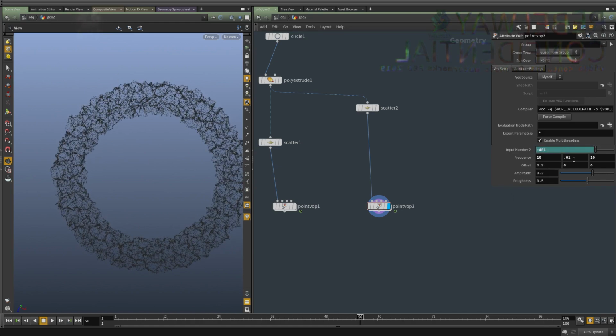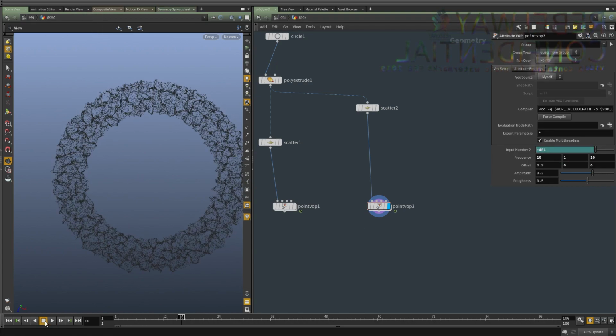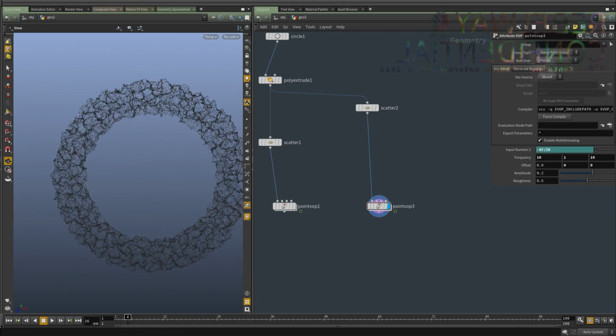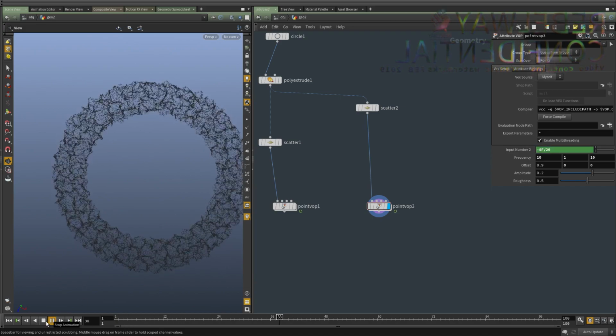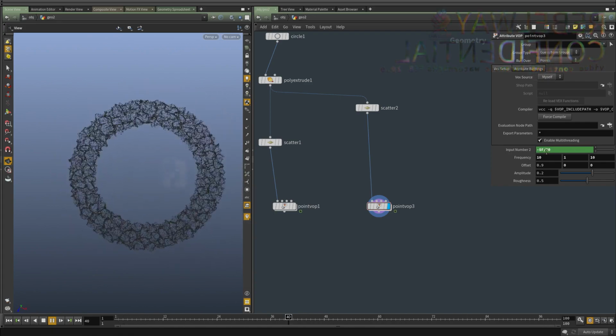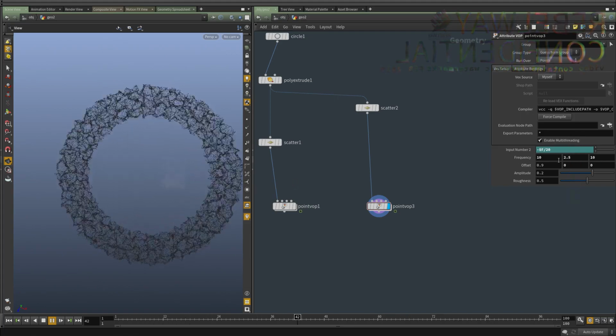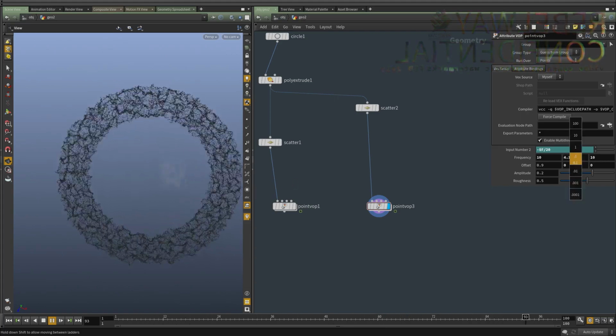So the reason it's not moving is because there is no frequency on the y-axis. So that's why. Let's divide this by 20. Cool. So now we have a map moving along this axis, and we can change the frequency along this axis, and